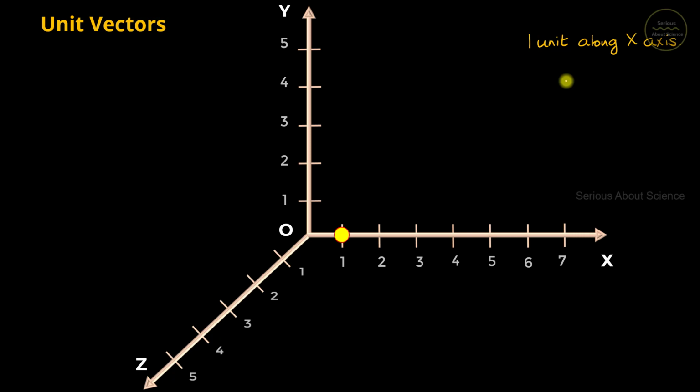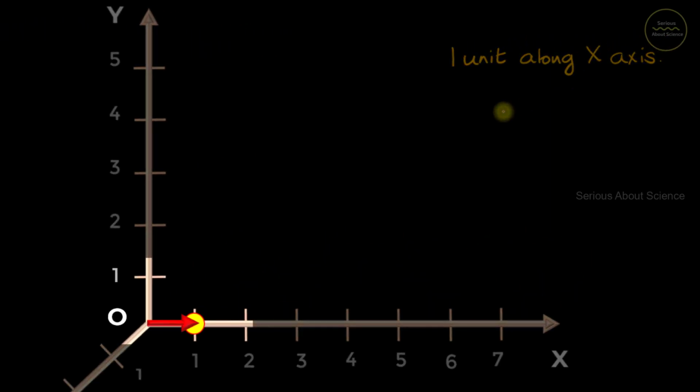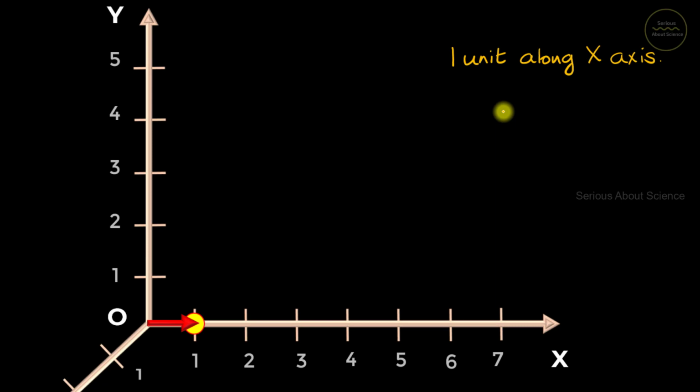Instead of that, we could make use of a vector to denote the direction. Why? Because a vector in itself contains the idea of direction. So here we introduce a vector such that it points towards the x-axis. In the previous video, I told you the length of the vector gives the magnitude. Here the length of the vector is nothing but 1 unit. So I can say the magnitude of this vector is 1 unit.